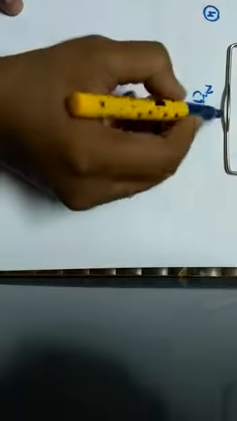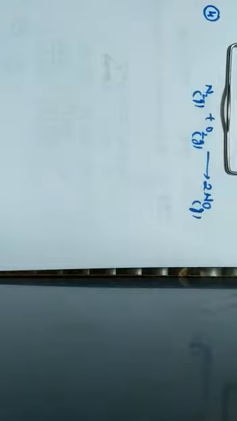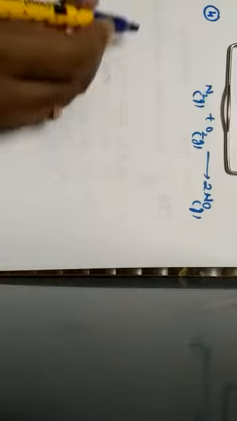Now let us continue with the next one, that is question number 4. For the reaction, they have given a chemical reaction: nitrogen in gaseous phase, oxygen again in gaseous phase, which gives rise to nitric oxide, again in gaseous phase. For this particular reaction, the value of Kc at 800 degrees Celsius is 0.1. When the equilibrium concentration of both the reactants is 0.5 mole, what is the value of Kp at the same temperature?